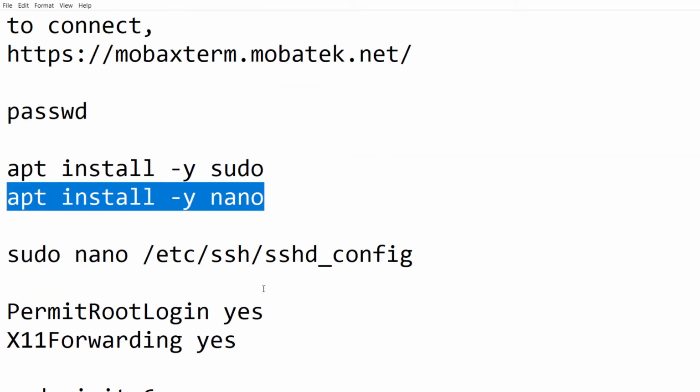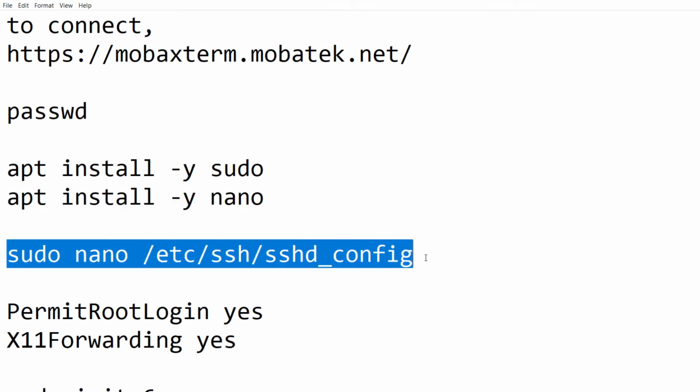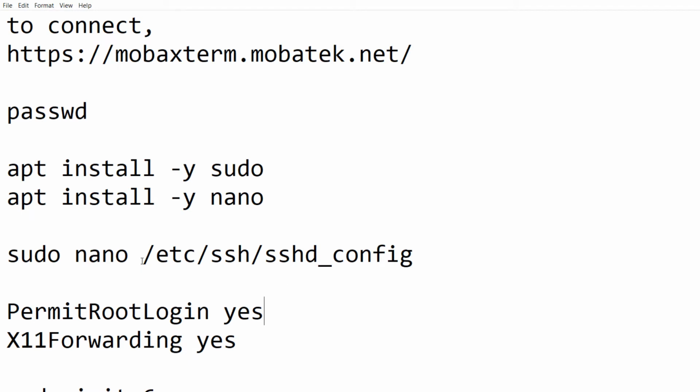And now we need to enable SSH as well as remote root login. So for that we need to go to this file and edit it with the Nano utility. So let me copy this. The name of that file is /etc/ssh/sshd_config.